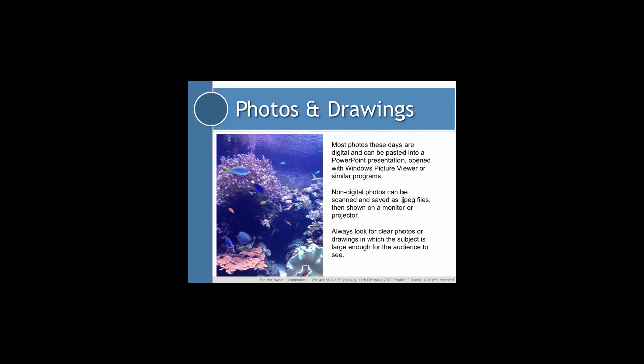But always look for clear photos or drawings in which the thing you're talking about is large enough for the audience to see. For instance, this particular photograph, if I were talking about coral reefs, this would be an excellent picture to display because it's very clear what the coral reef is and how it's constructed. But if the subject I was talking about is one of those little tiny yellow fish there, then this would not be a good picture because you really cannot see that clearly. You'd have to get a much more up-close picture of that fish in order for it to be an effective